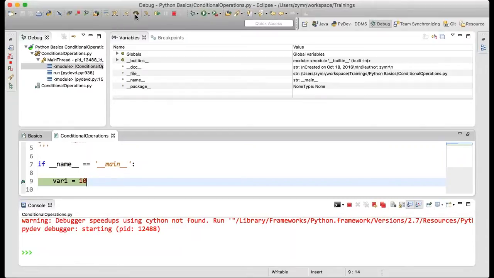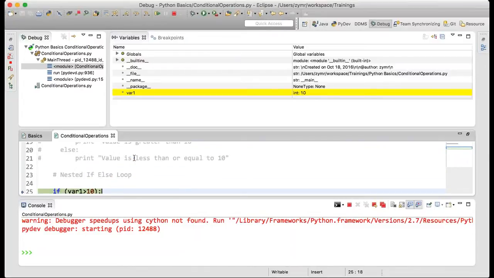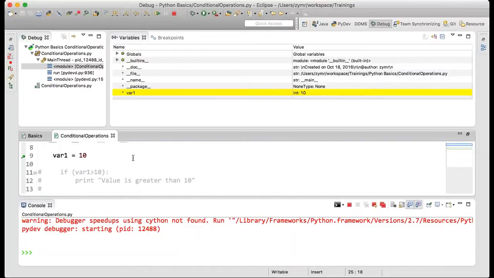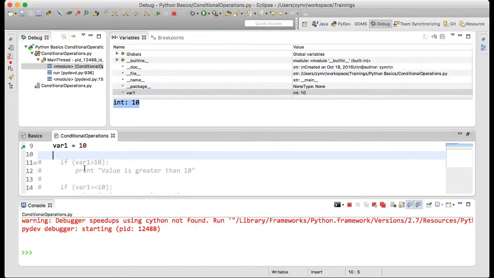Now if I press this, see here in the yellow color, the variable name gets highlighted, which just got executed, right? At the runtime, I got to know that var1 got the value as 10. Also it shows you what type of value it has got. You know, in the previous script we tried to print the type of the variable, right?